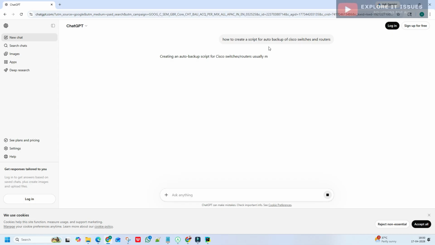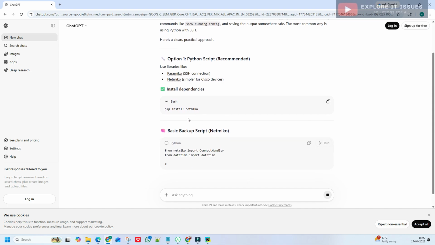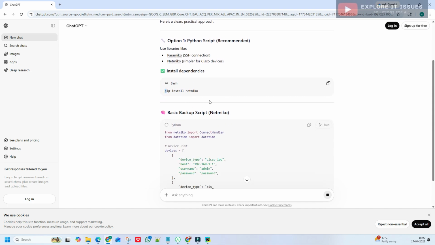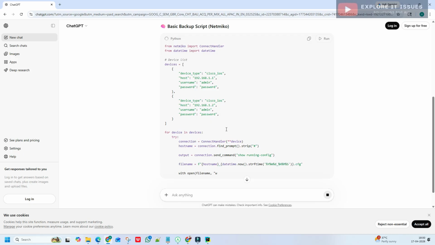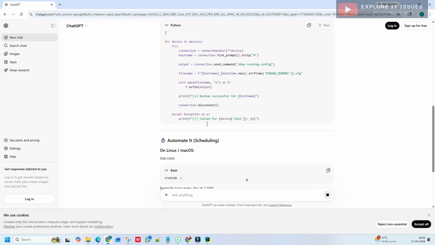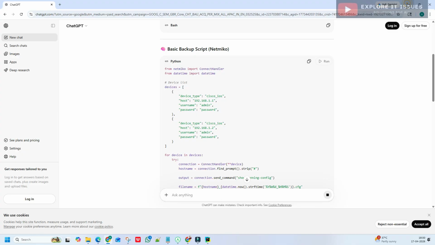Once you have entered this, ChatGPT provides the full code like this. I show you pip install netmiko, then create a backup script like this. You just copy from here and paste it in our PyCharm. Same thing I will do.